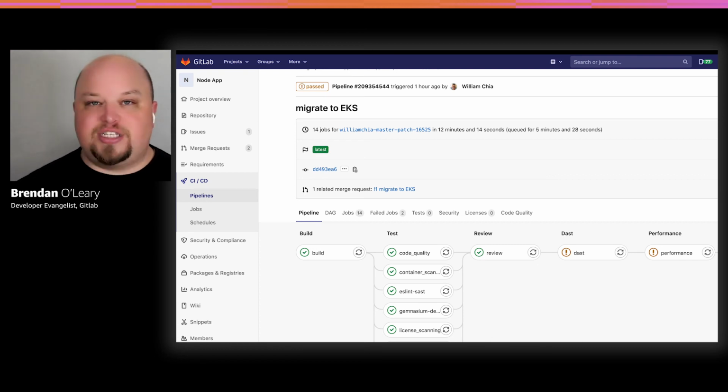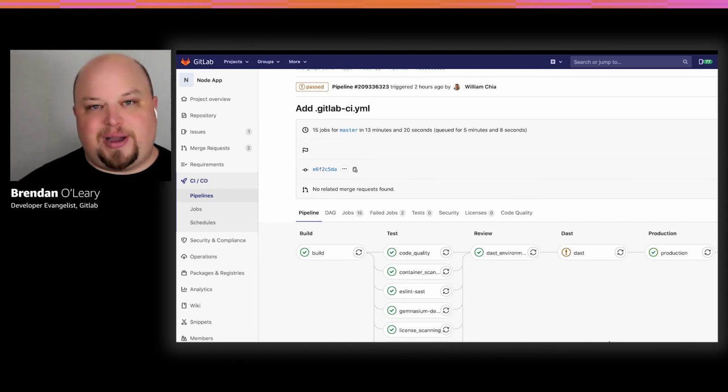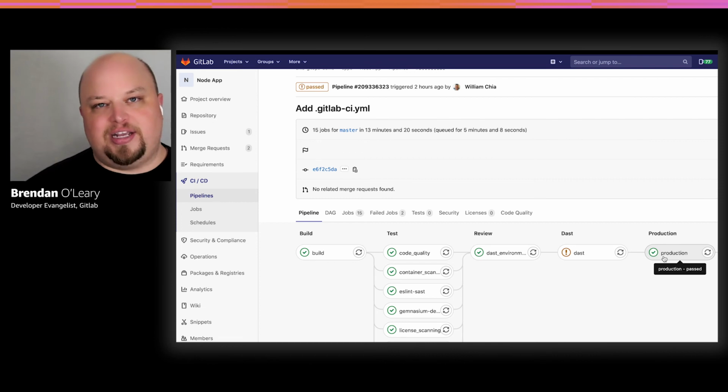And then we'll also run some dynamic application testing. So once that application is stood up, the review app exists, let's run some dynamic security scans against it to make sure there aren't any vulnerabilities that we can find. And also performance testing. How have we impacted the performance? Of course, this could be really critical as we're working on tuning, what's the size of our cluster, what's the capacity we want versus the app performance we need. And then finally, just to show the completed production pipeline, once we had merged that all in, we ran a lot of those same tests again, but of course, then we deployed directly into production.